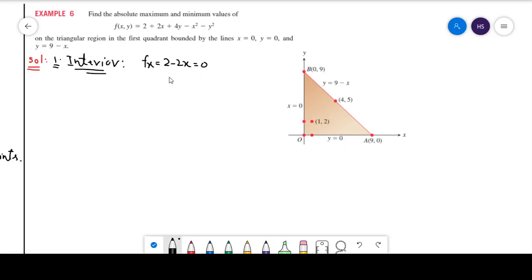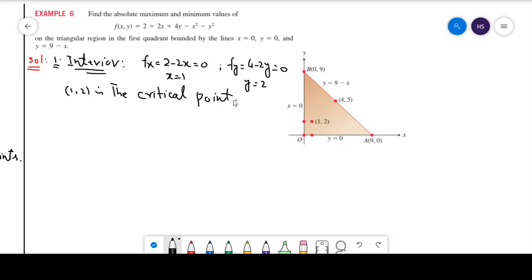If you equate fx to 0, you will get x equals 1, and similarly fy is 4 minus 2y, and if you equate it to 0, you will get y equals 2. So (1, 2) is the critical point,